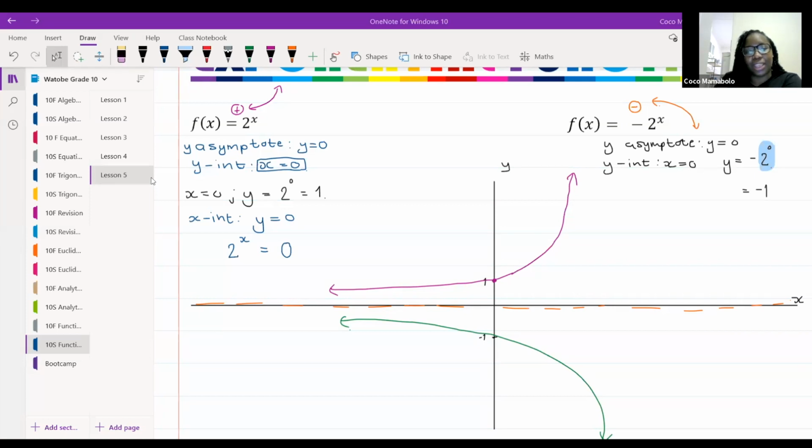I'm about to do that. All right. When you say, ma'am, I missed that, explain again, which part? Yes. So it's not always positive 2. It can be other numbers. It can be positive 3, positive 0.5, negative 1.5, or negative 3/2. But we're going to talk about that just now.